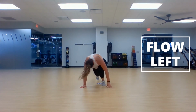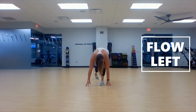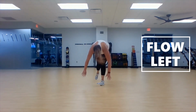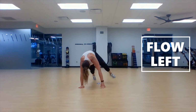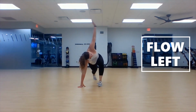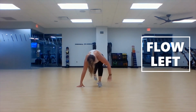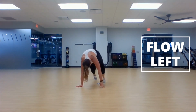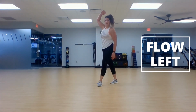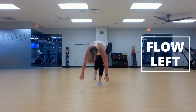Cut it in half, back to that low lunge, Atlas, low lunge, Atlas, single leg, connect. Just one more. Good, low lunge, reverse, low lunge, single leg, one more, reverse, low, single. All right, bring it back up, Atlas, one more, single leg connects,